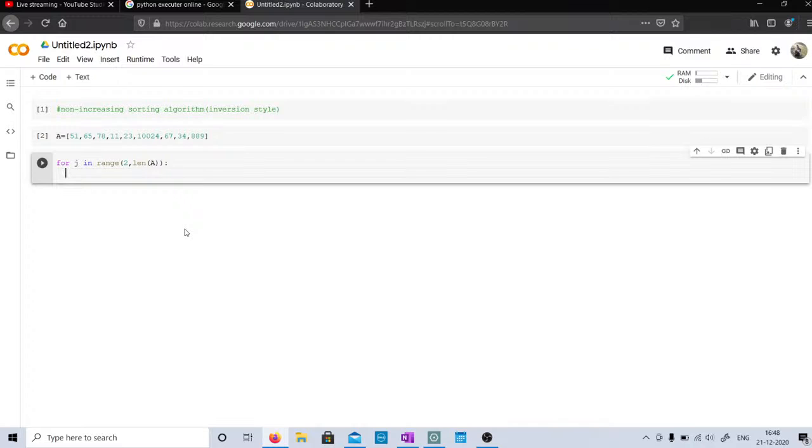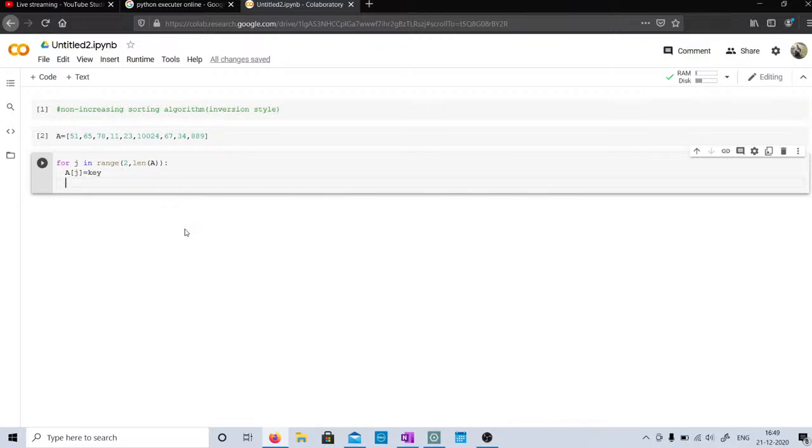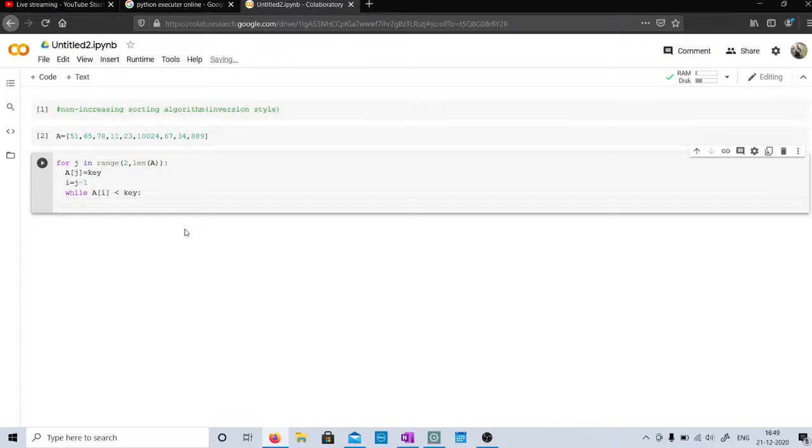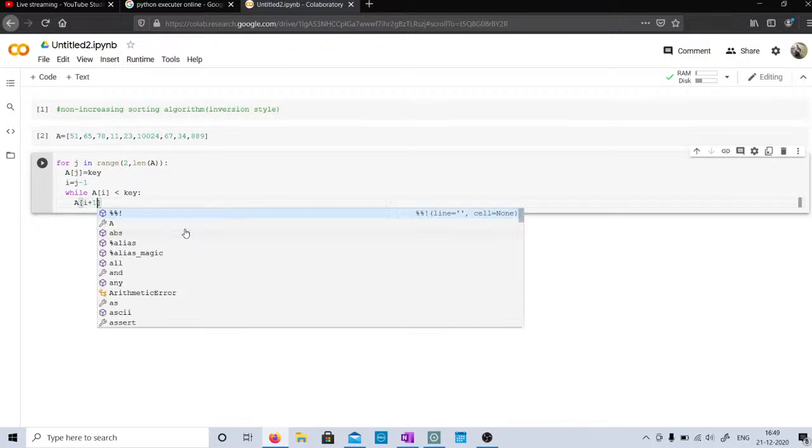For this range, let a j be the key, the one we change, and let i equal to j minus 1, the previous index, and while a i is less than the key, it is, if it's greater, yeah, we just assign it later. If it's less, we shift stuff. So then we put a i plus 1